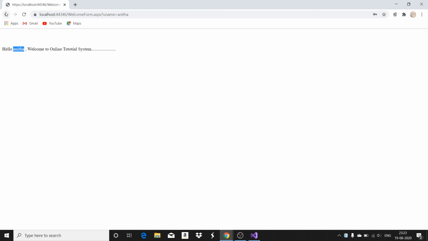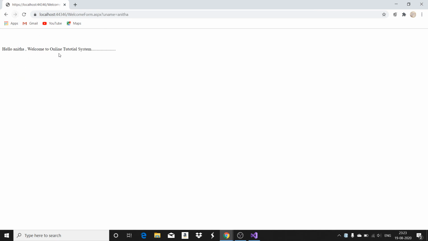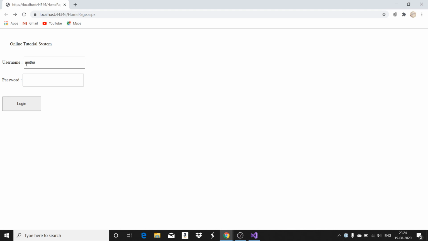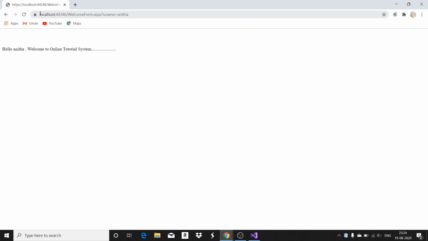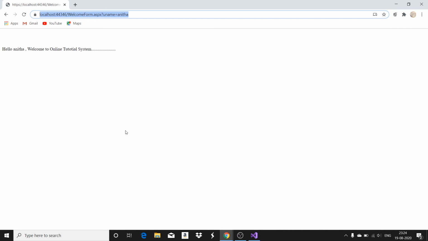So now what you have done, you have redirected from one web page to another web page. Not only that, you have passed this value from one web page to another. And when you observe the URL, your redirection path says that it is welcomeform.aspx, and whatever you have typed in as a query string also appears here. So whatever you type here will be taken to the next web page as a query string.